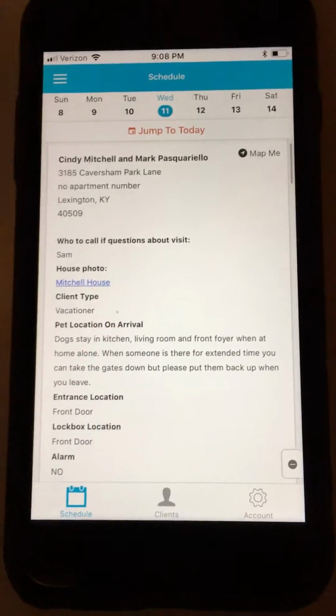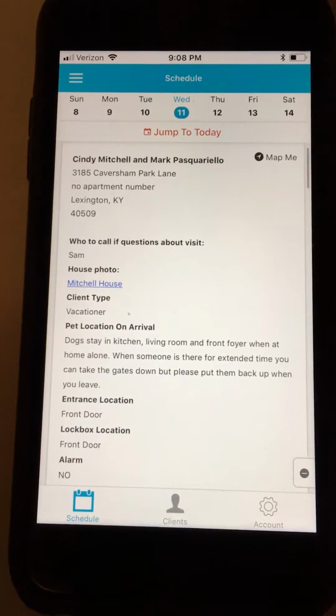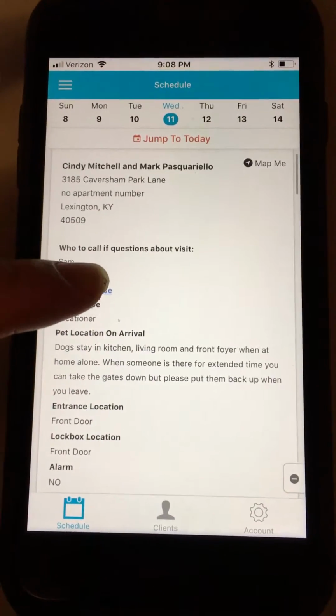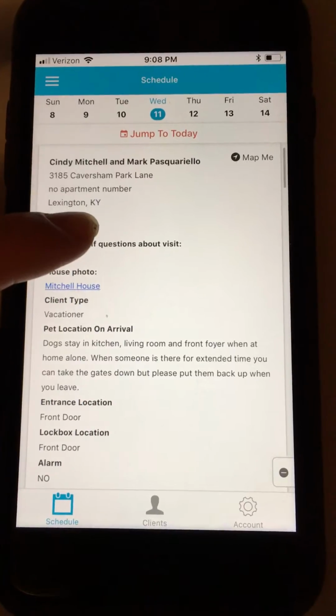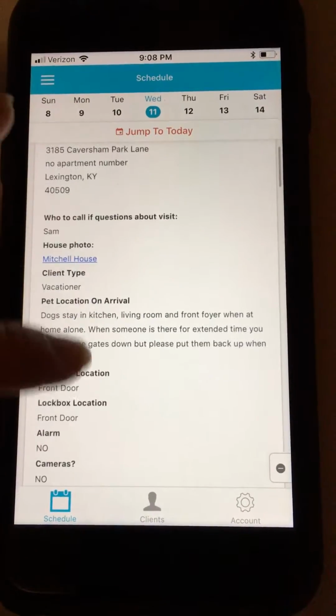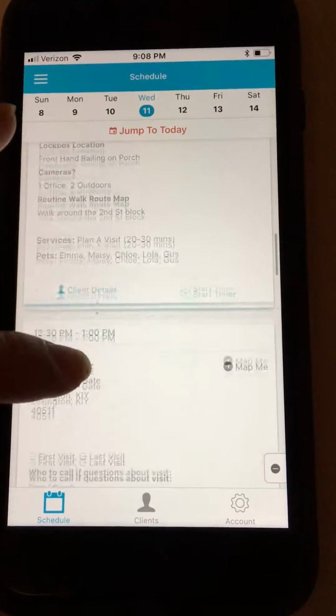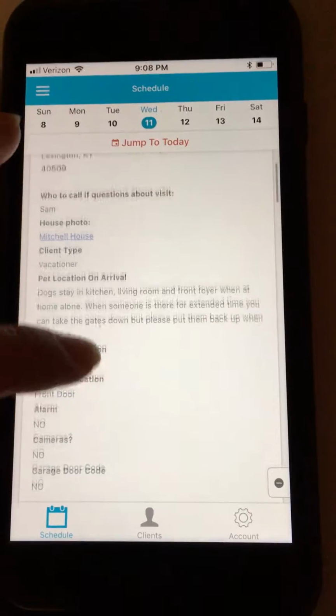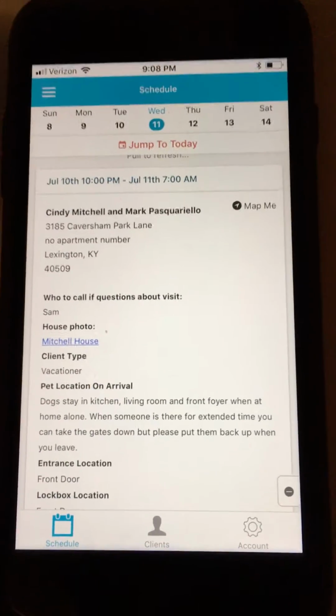Okay, the first thing specifically about Time to Pet that I wanted to talk to you about was your schedule screen. So as soon as you open up the app, it's going to default to this screen. And again, this is where you see your scheduled clients for the day. So I'm just going to go through what all of these fields mean and kind of the features and functionalities